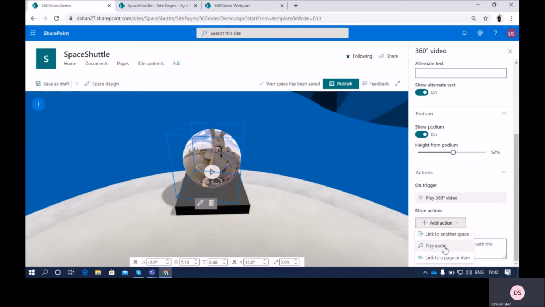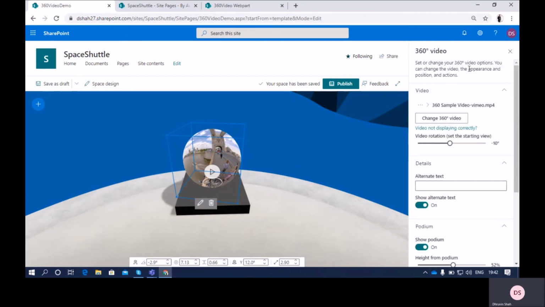In the same way, if you add an action like play audio, it will play another audio when the user interacts with the video. In the same way, if you want the user to be redirected to another page or item, you can use the last option. So you can choose any option from here.